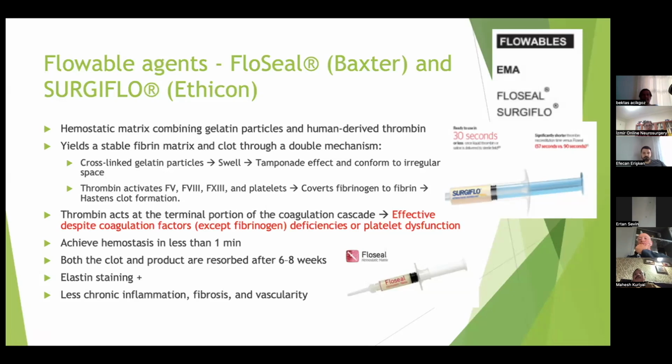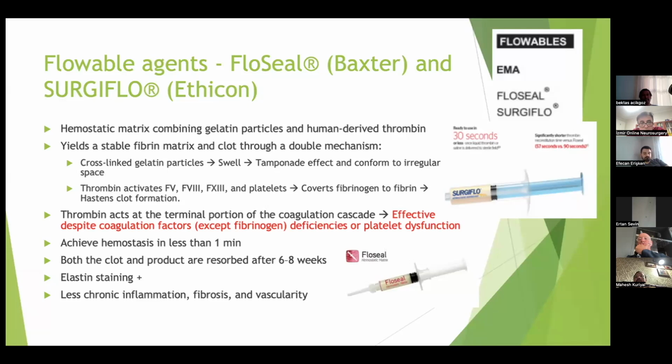So thrombin basically acts at the terminal portion of the coagulation cascade and is effective despite coagulation factor deficiency. But if the patient has got fibrinogen deficiency, we cannot use FlowSeal because it is not going to act. And it achieves hemostasis in less than 1 minute, and both clot and product are reabsorbed in 6 to 8